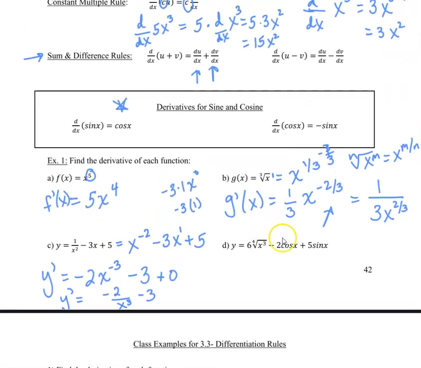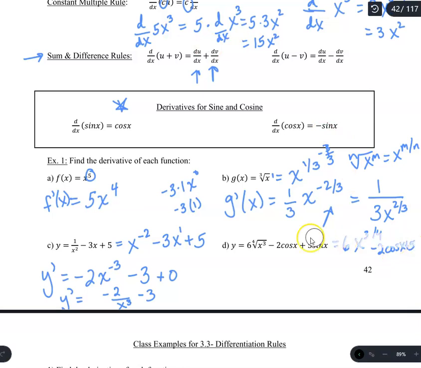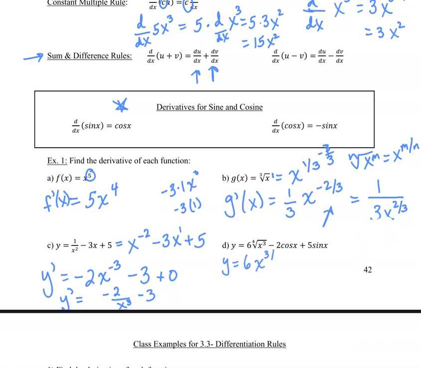Lastly, we've got y equals, we've got this radical again, so I'm going to rewrite that first. So this is rewritten as 6 times x to the 3/4 power minus 2 cosine x plus 5 sine, oh, let me rewrite that so it's a little bit cleaner here. I did not leave myself enough room. Let's try that again. Let me come down and write that again. So this is y equals 6x to the 3/4 power, using this rule right here,